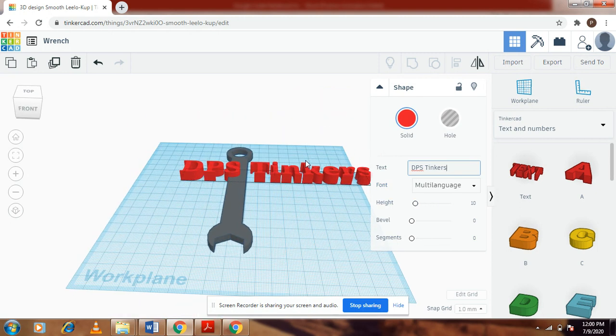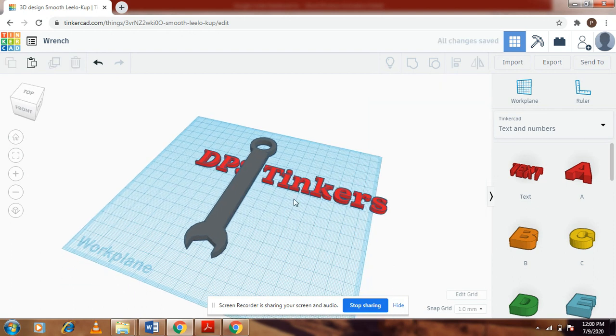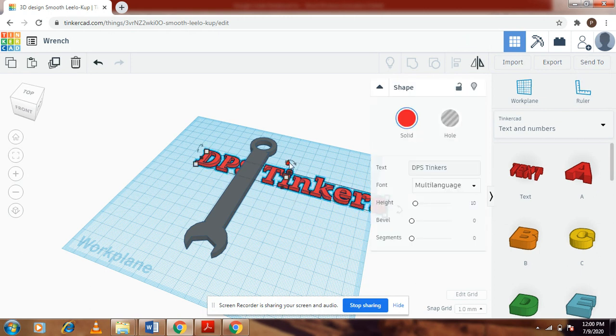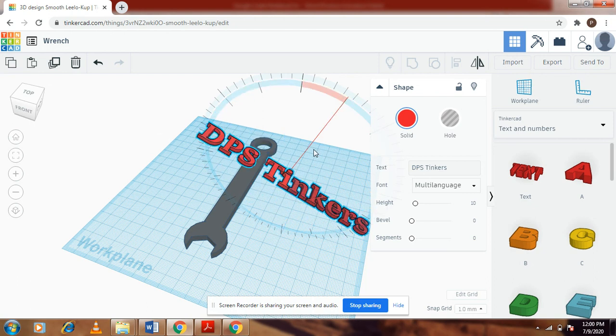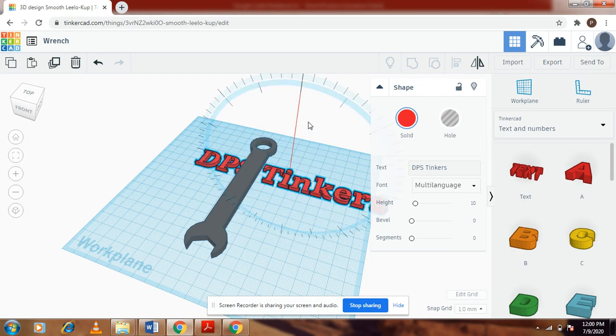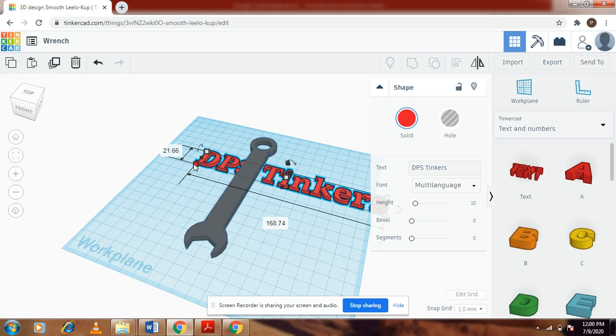Now it's time to change the dimensions of this particular text. So I will change the height to 3. I would also like to change the length to, let's say, 30.